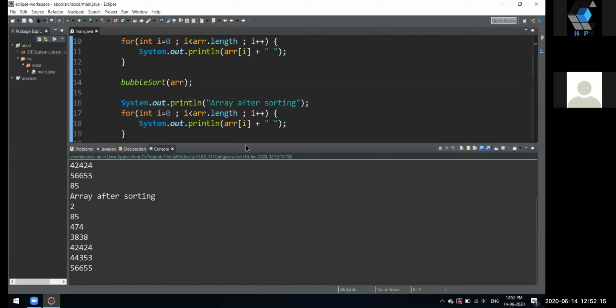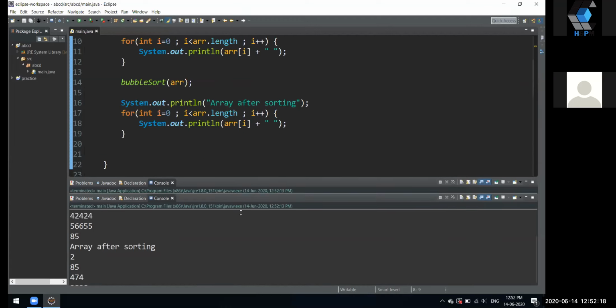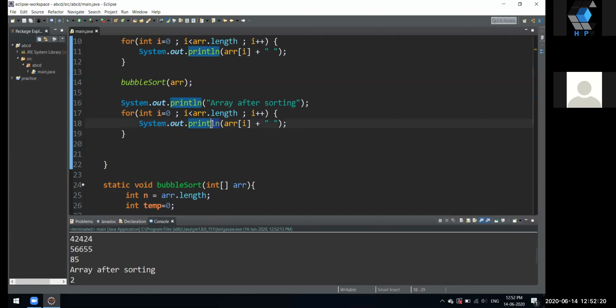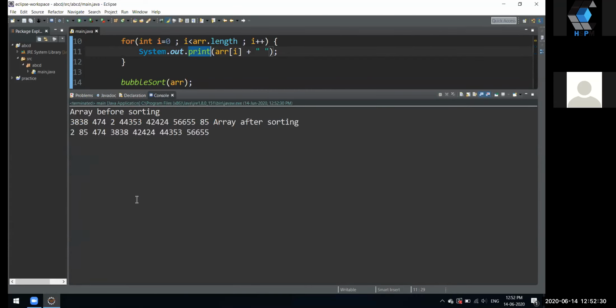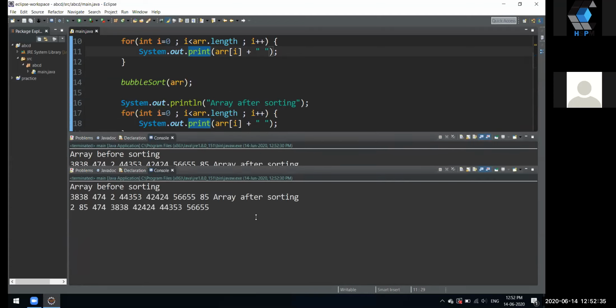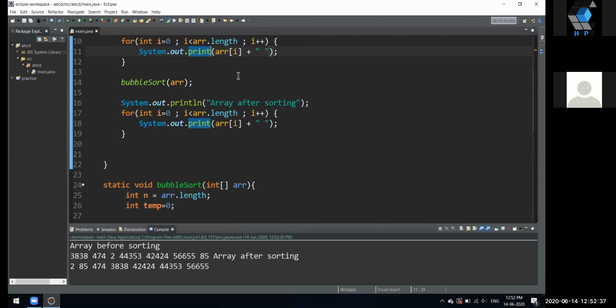See, sorry, I wrote println. I'll just remove this ln so they'll not go to the next line. So yeah, now let's just try running this. We have to be careful about what we write. Let's just have slash n over here.